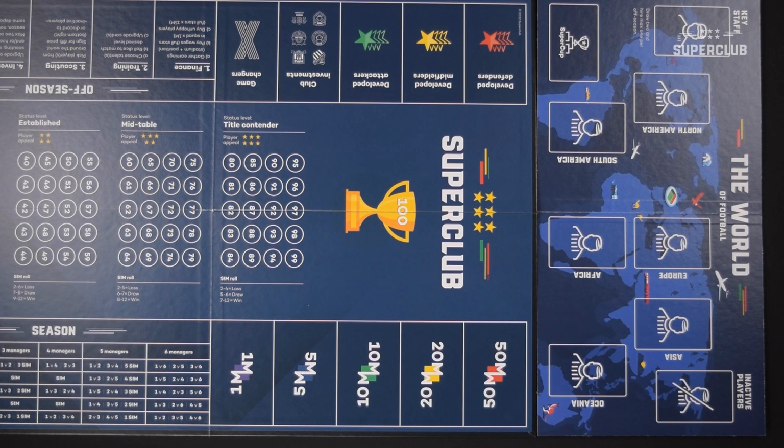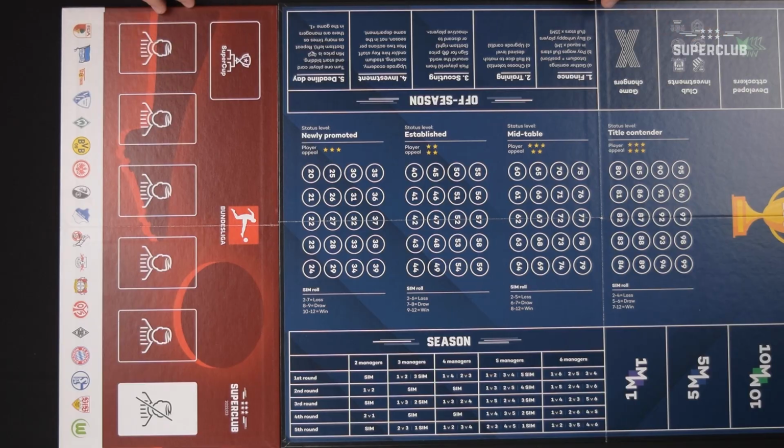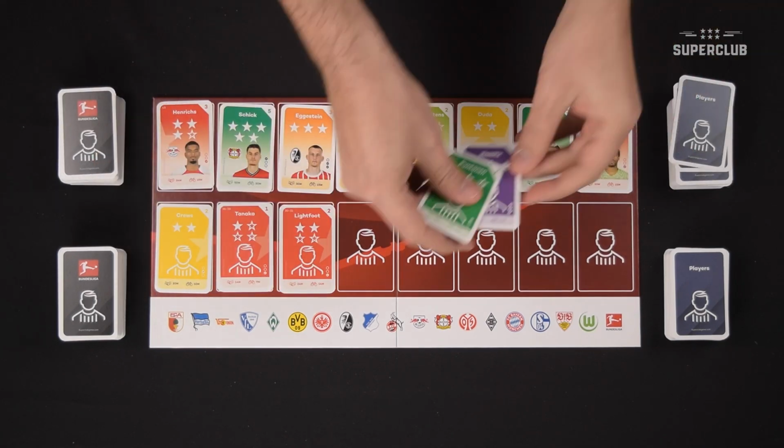For the second option, recommended for games with 5 or more managers, use both the World of Football board and the Bundesliga board, one at the top end of the main game board and the other at the bottom end. When drawing player cards, since now we have 2 different sets of players to pick from, there are some new rules. First of all, in each round of the draft, draw 8 player cards from Superclub and 8 from the